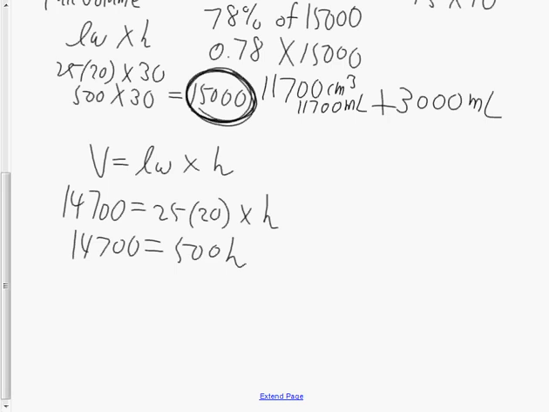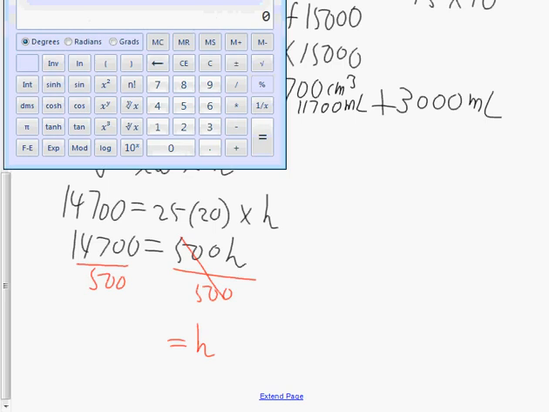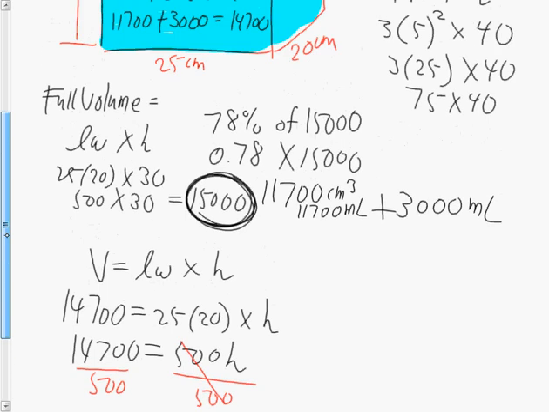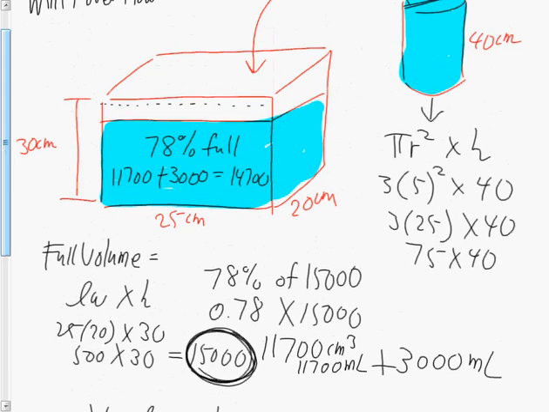And when I write it 500h, I know that it's really a coefficient, which helps me think about it algebraically. If I'm going to solve for the height that I don't know, I can divide both sides by that 500 coefficient, and I get h equals 14,700 divided by 500 equals 29.4. And if I go back up there, therefore the height of the water is